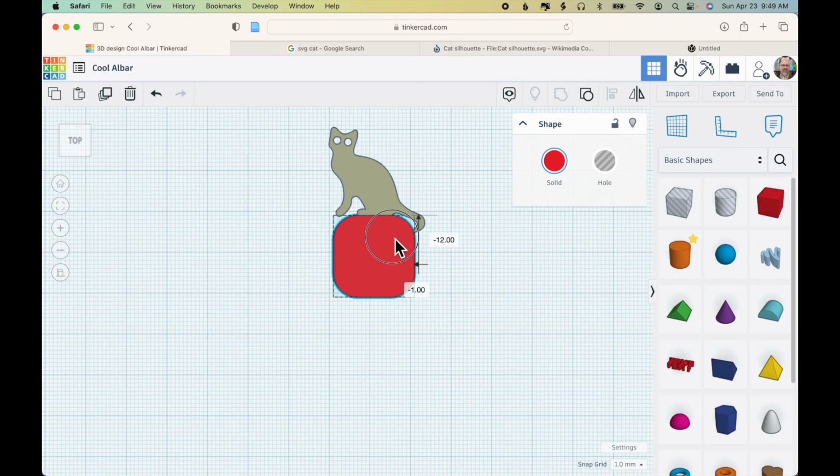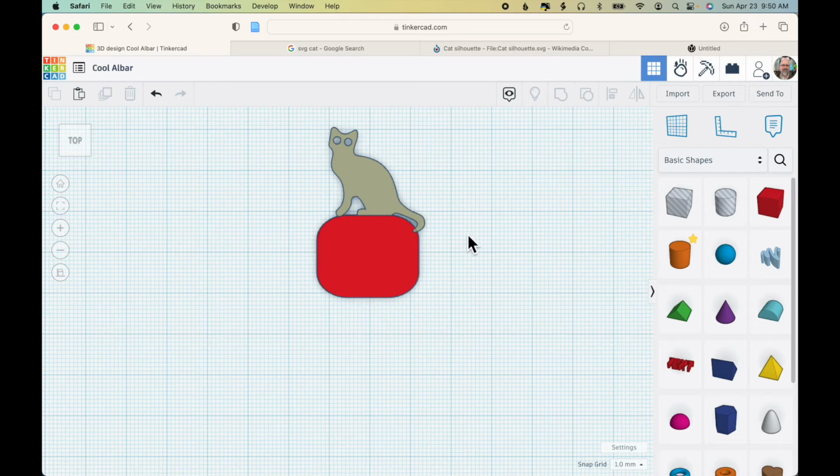So I can move this up under here. Let's see, I'd like that a little wider. So what about 25 millimeters? And I'll nudge that over so it looks like the cat is resting on top there with his tail kind of going over the edge. That looks good. Now I could just stretch the red shape down to make the bottom part of the bookmark,